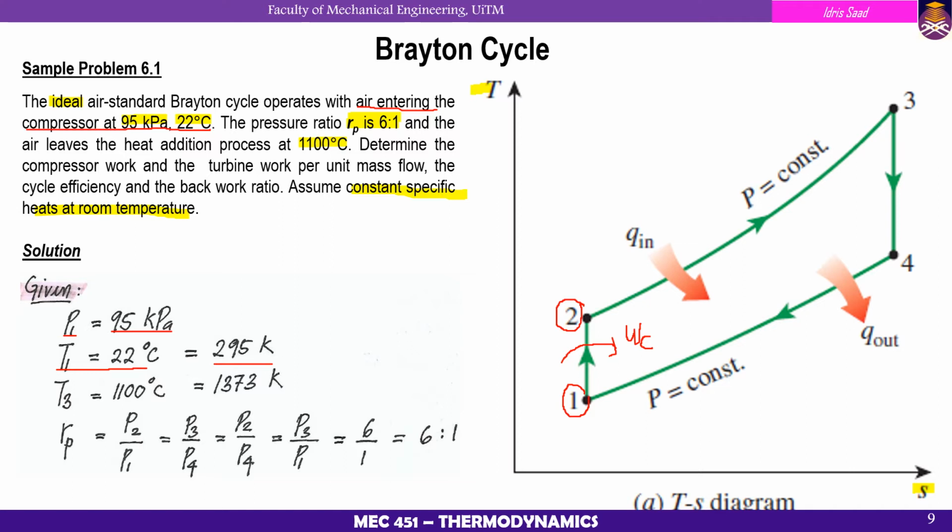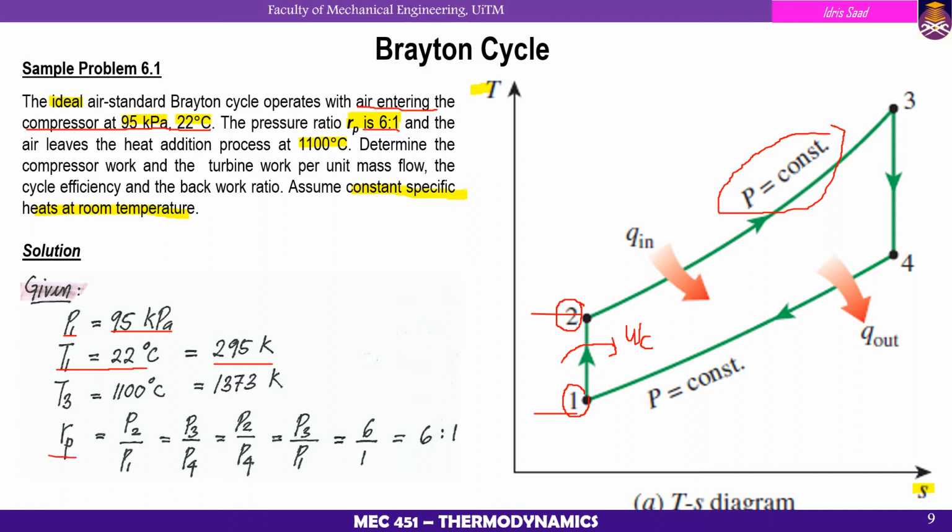Kelvin. So please do remember, for the Brayton cycle the working fluid is air, so we have to assume the air standard cycle, and we need to use the unit of Kelvin for the temperature. Okay, then the pressure ratio is 6 to 1. What is meant by this is that the line from state 2 to 3 is at constant pressure. So that means P2 is equal to P3. The ratio between P2 and P1 is equal to 6 to 1. Okay, so it's given as the pressure ratio.